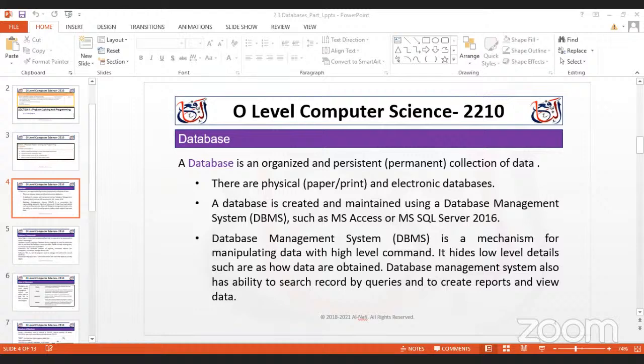Okay, so we are going to discuss today O-level computer science paper 2 chapter number 9, which is databases. Is my screen visible to you, Abdullah? Okay, let's start. What is a database? A database is an organized